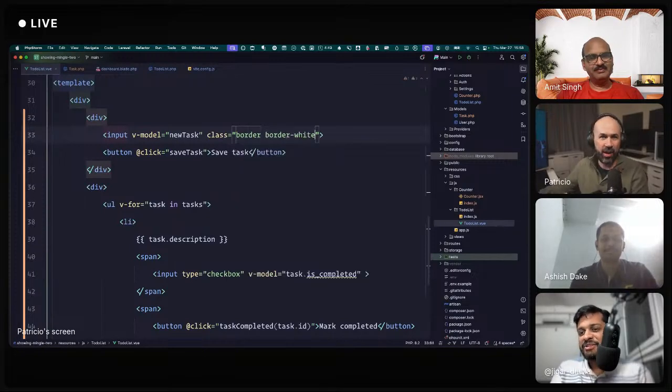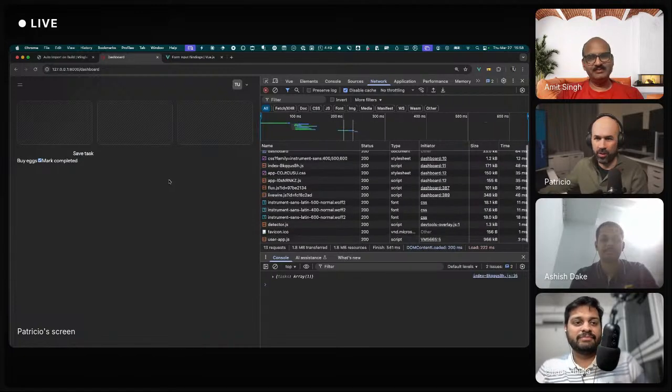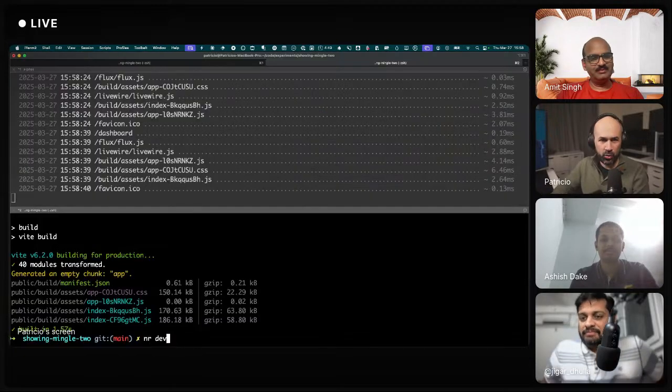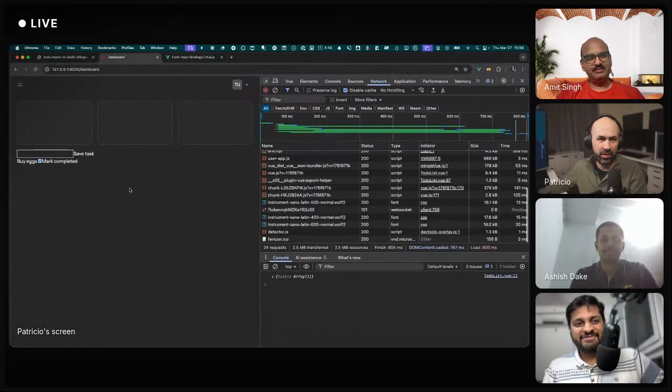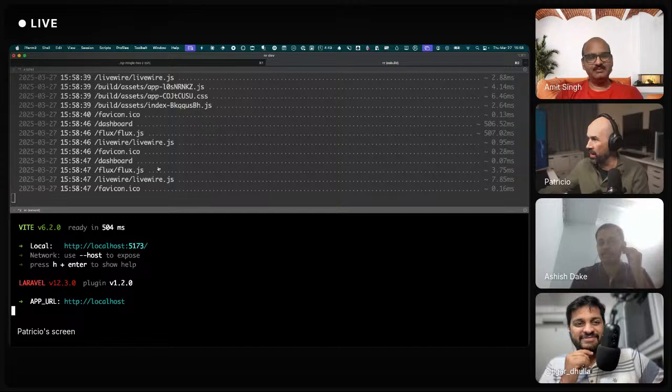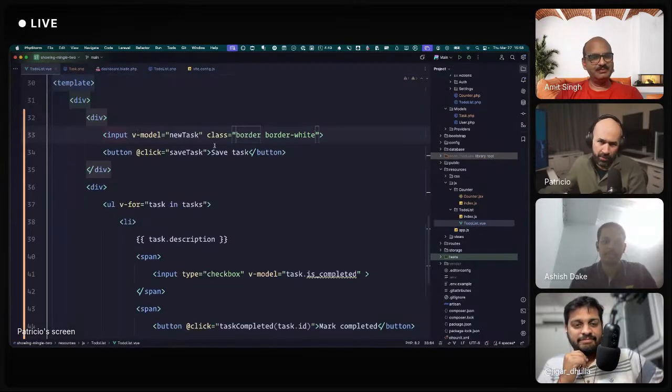I was trying to see if we are in dark mode or what. I will try and put the dev mode again. Let's see if it works. Okay, it worked. Not so bad. Sometimes it recovers. It's just something I cannot predict.